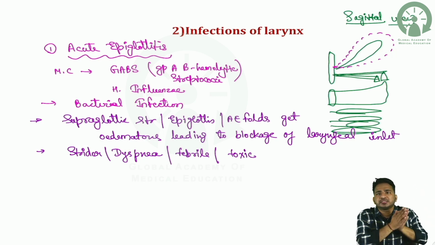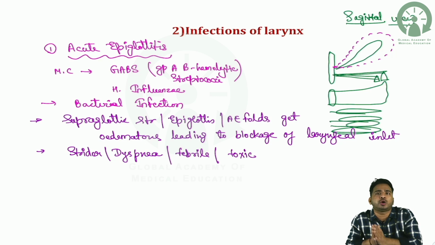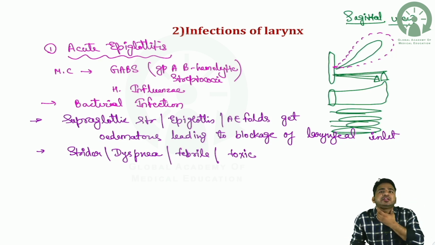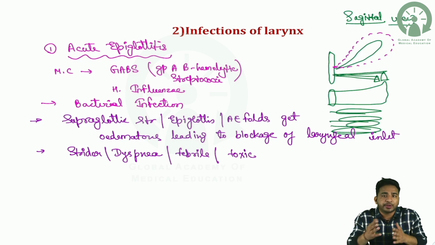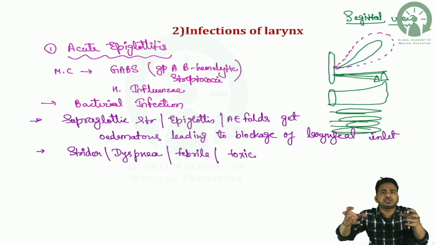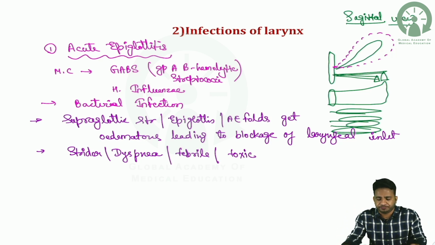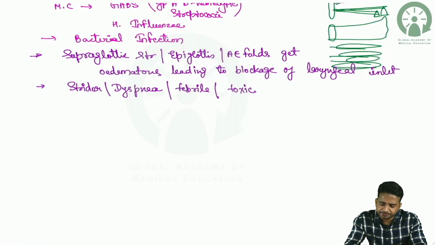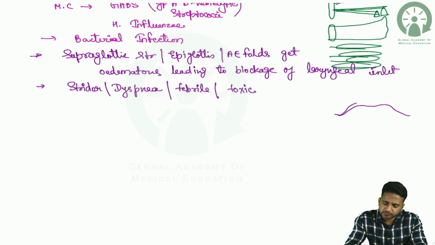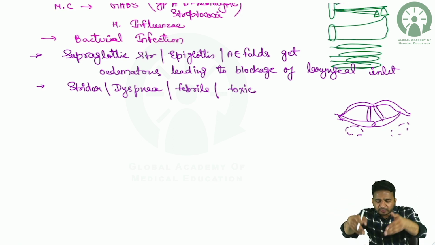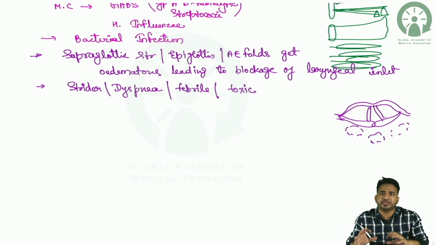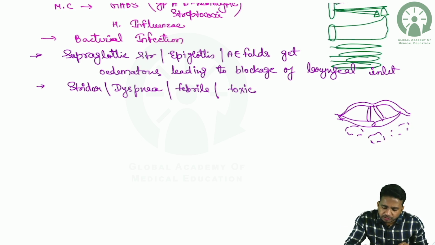If some deformity is in the entry part, what will happen? So patient, whenever he tries to eat something, the food will touch the epiglottis or aryepiglottic fold, because AE folds are the boundaries of the pyriform sinus also. If we see the laryngeal inlet, on both the sides there is pyriform sinus, and from the pyriform sinus, food is then going into the postcricoid region. That's how food passes. If suppose this area